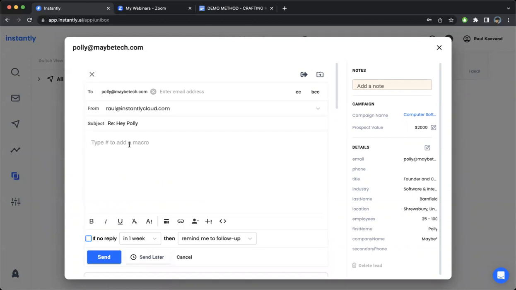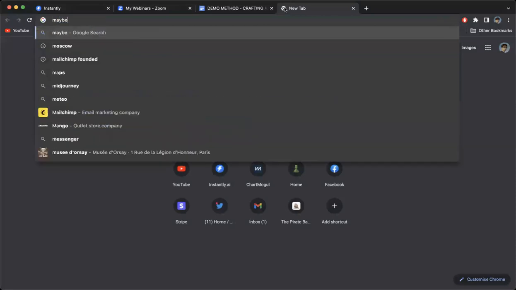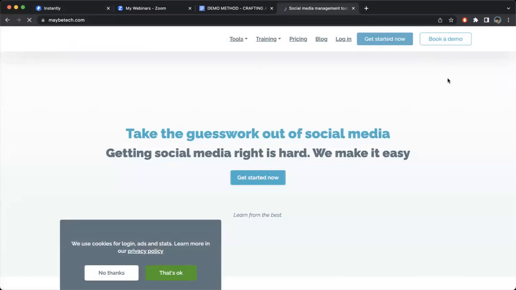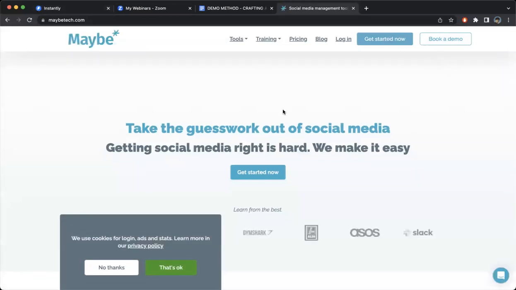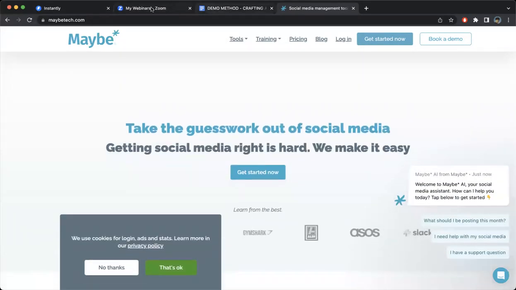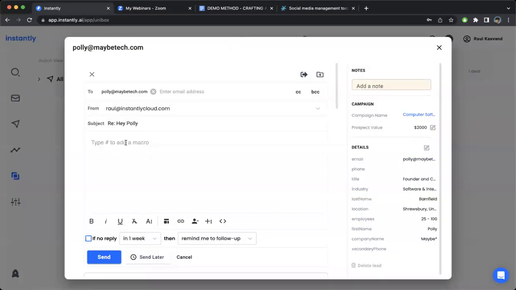But if I want to be more precise, I'll go to her website. It's maybe tech.com. Let's see if I can copy this. Okay, social media management, get the guesswork out of social media. So I would go through it, see what they're doing, and then I would go here and craft a response like, hey,